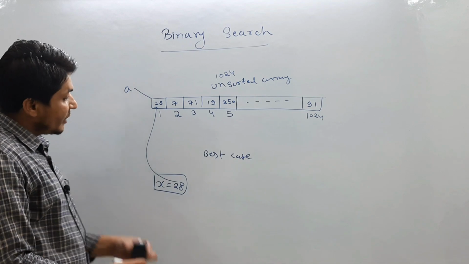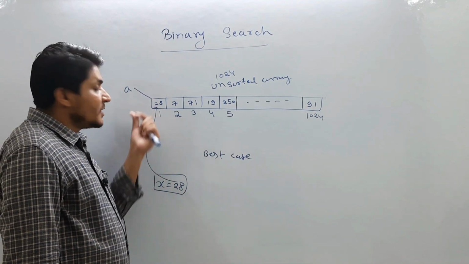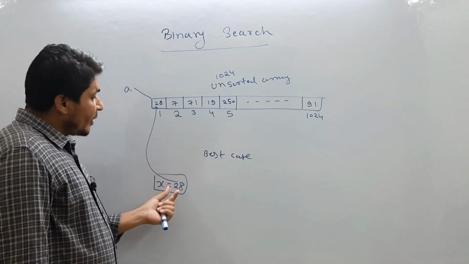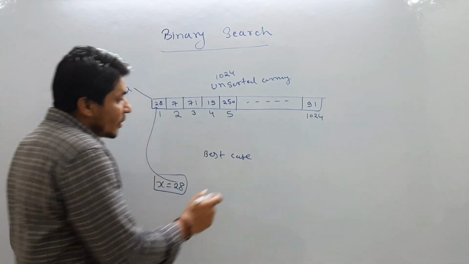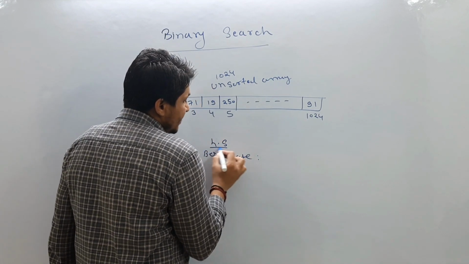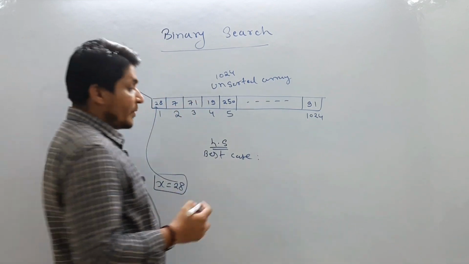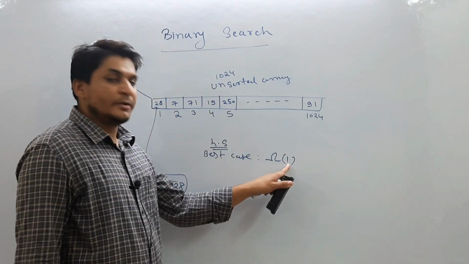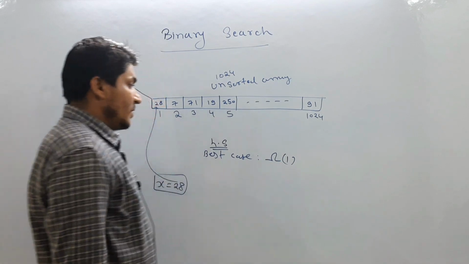What is the meaning? It means that in the first comparison, luckily I got my search value. How many comparisons have I done in this case? Only one comparison. That one comparison is called constant comparisons. So what could be the best case time complexity in case of linear search? The best case we always represent with big omega. So big omega of 1 represents constant, meaning the number of comparisons. We have done only one comparison, so that is the reason for big omega of 1.